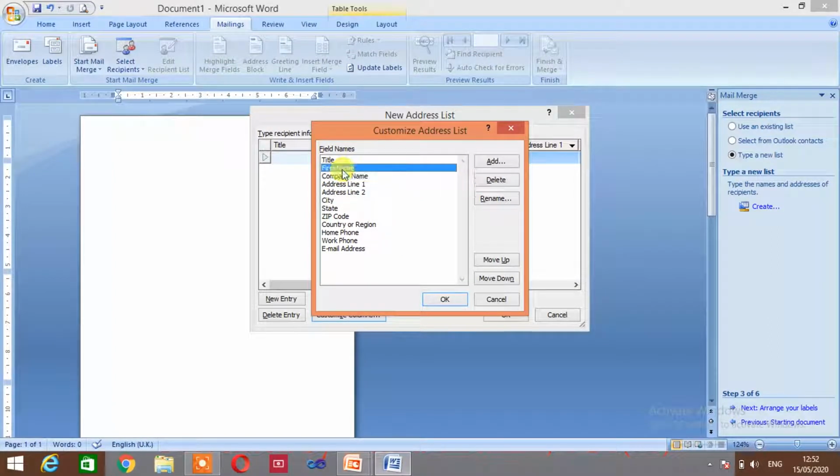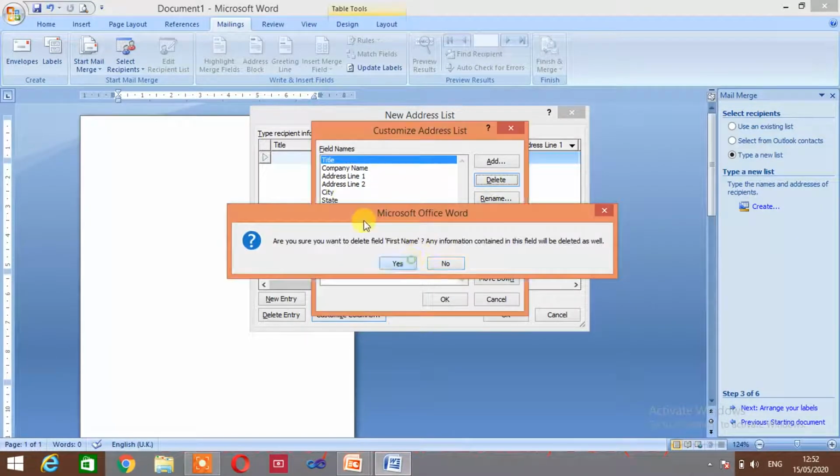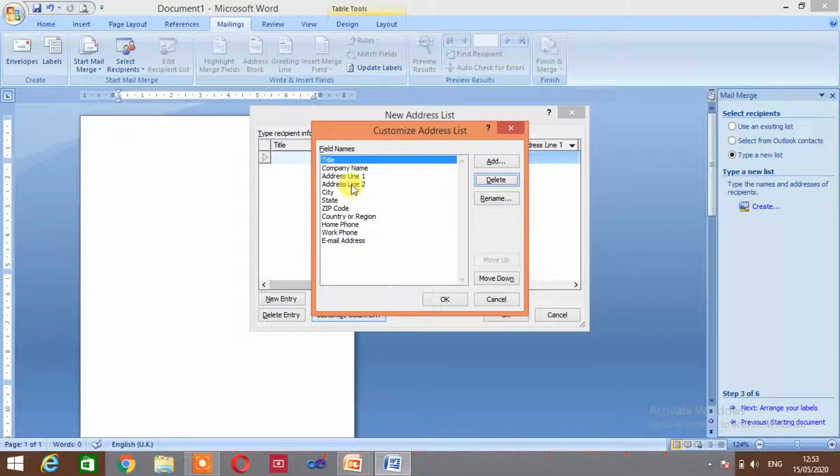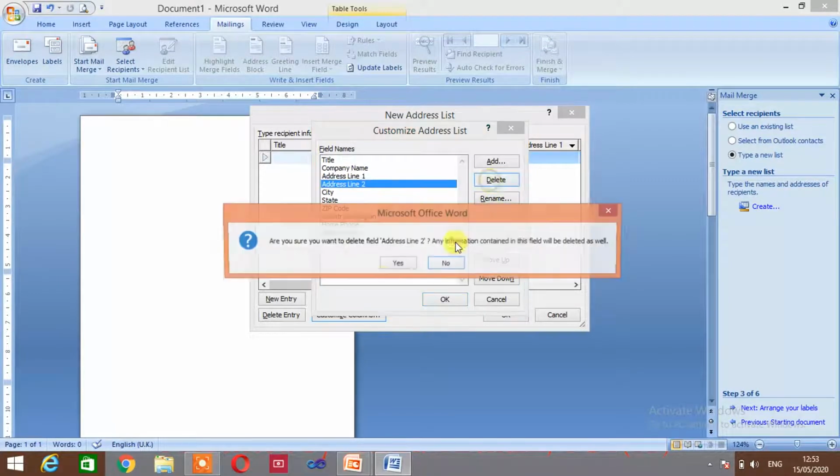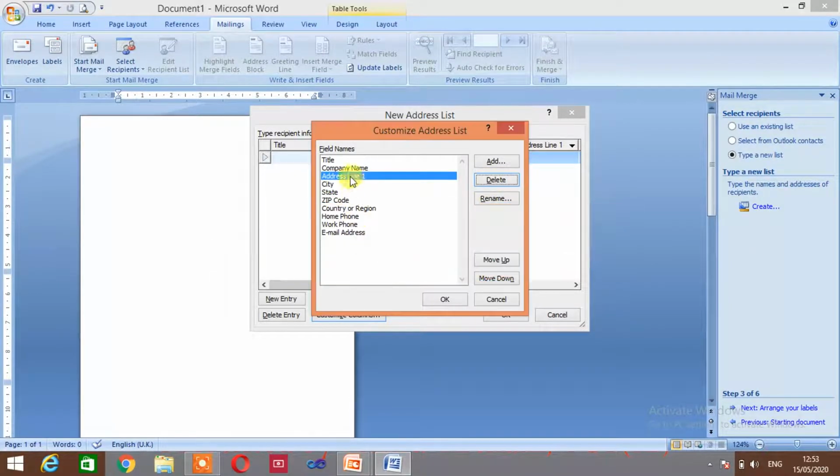I don't want last name, so I will delete it. I'm erasing first name also because I'm setting the labels for schools, the school name, so I need this company name or school name. I don't need Address Line 1 and 2, I need only one address line, so I will remove Address Line 1. I want to rename Address Line 2, so I will click on Rename.